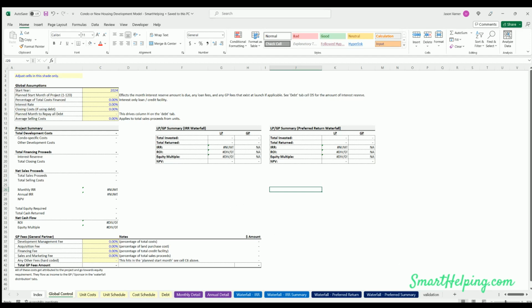So what I'll do here is I'm going to go through each tab. I'll go through all the assumptions. I'll do a sample case so you can kind of see how it works, and then you'll know how